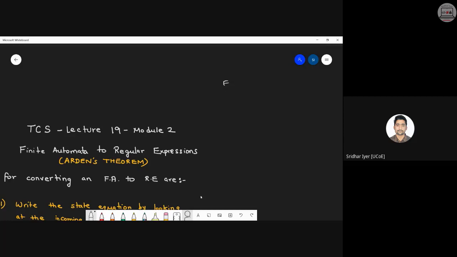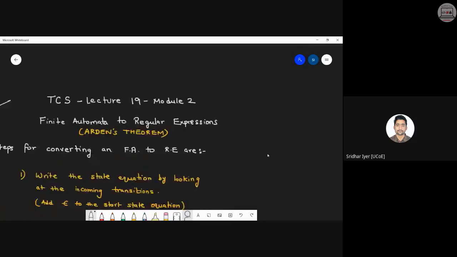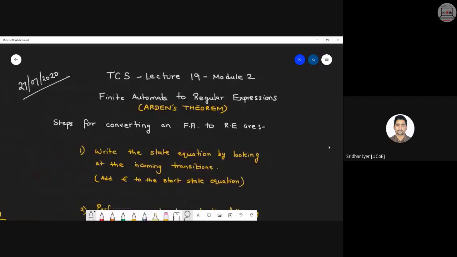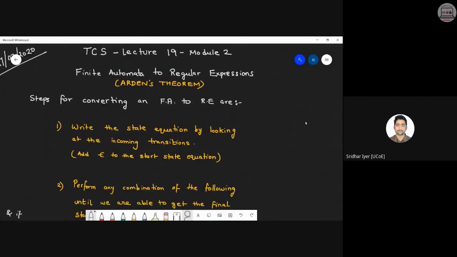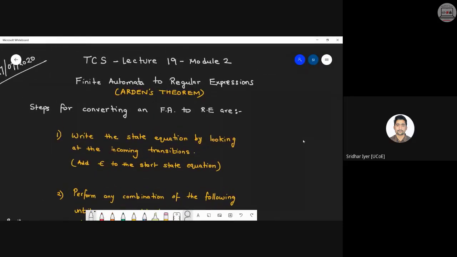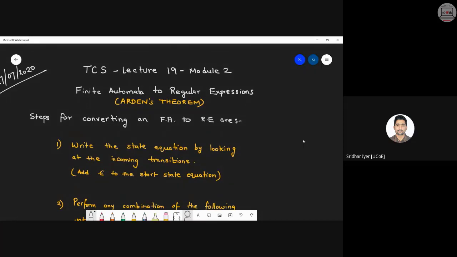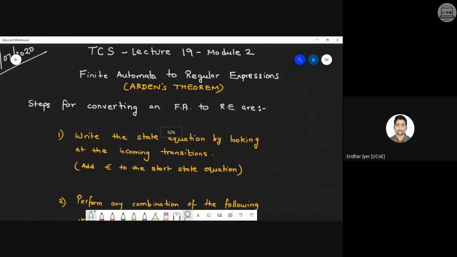So basically, it will be an FA, and that FA you have to convert into a regular expression. So exactly opposite thing you have to do. But it is not that simple that the way we went, we come back the same way and the diagram becomes the RE. No, we have to follow certain rules, and based upon those rules, we can easily convert an FA into an RE. Okay, so have a look over here. This is the concept which is called as Arden's theorem. Very important concept, and it comes in the exam every year for 10 marks, 5 marks, whatever.